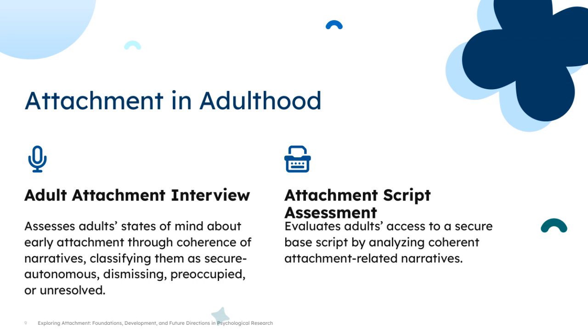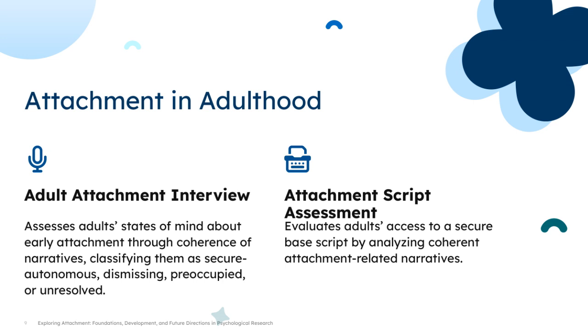Then there's the attachment script assessment, which evaluates adults' access to a secure base script by examining the coherence of their attachment-related stories. Essentially, it looks at how well adults can create narratives that reflect a secure attachment framework. Together, these two approaches give us a comprehensive view of adult attachment by exploring both their reflective states of mind